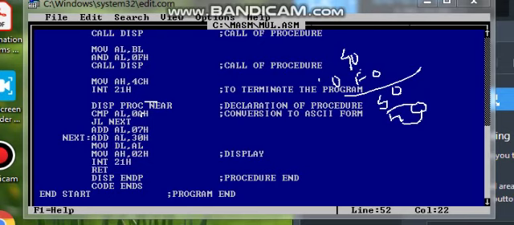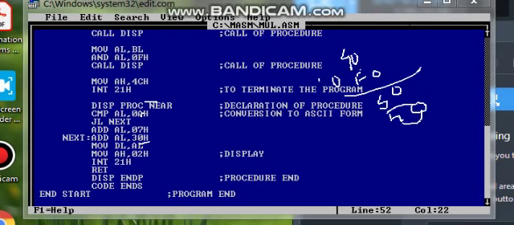If it is less than A, then it will add 30H, otherwise if it is greater than A, it will add 37H to convert it into ASCII. And this 02H function is used to display those digits on the monitor. To display those digits on the monitor, it is necessary to move them into the DL register.